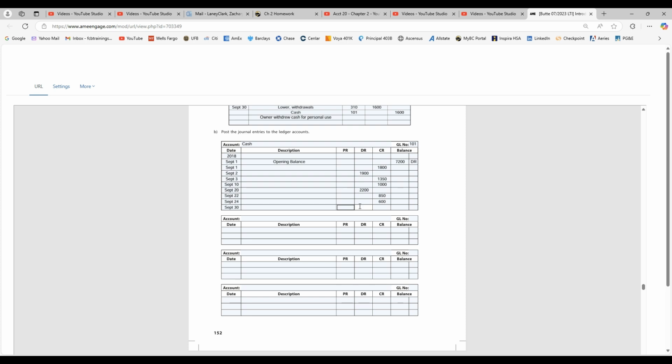Oh, look at a little glitch there. It won't let me input into the right. Oh no, sorry, that's a credit of 1,600. Yeah, still kind of glitchy. But